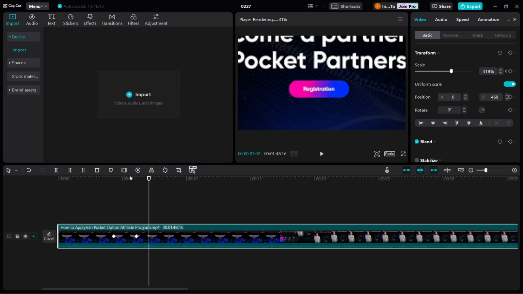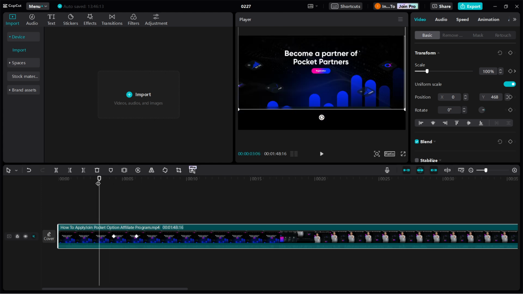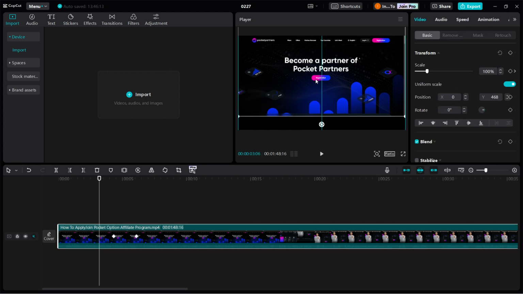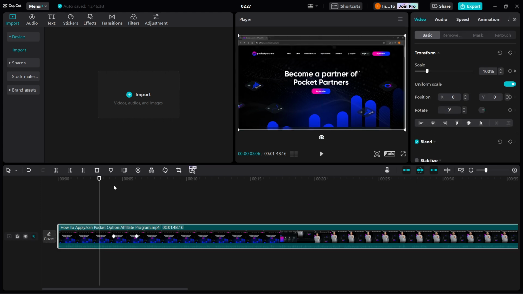Now, of course, right now, as you can see, it's not really fitting because this part of the screen is now kind of gone upwards and you can see the black bar down here. So in case this happens to you, you can just reposition your video. Before you start doing this, make sure you have the position keyframe as well. So make a position keyframe at the default spot, which is this place over here where you made the scale